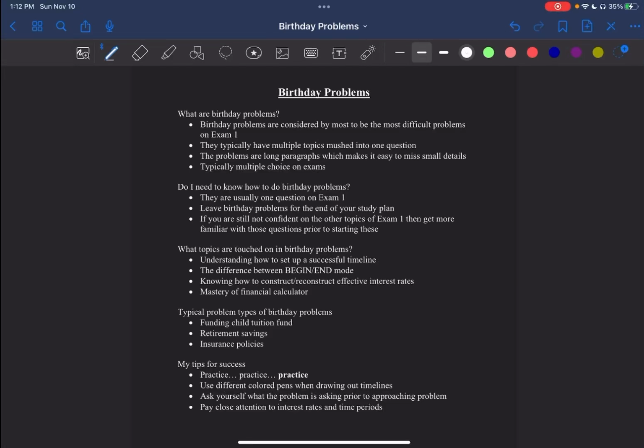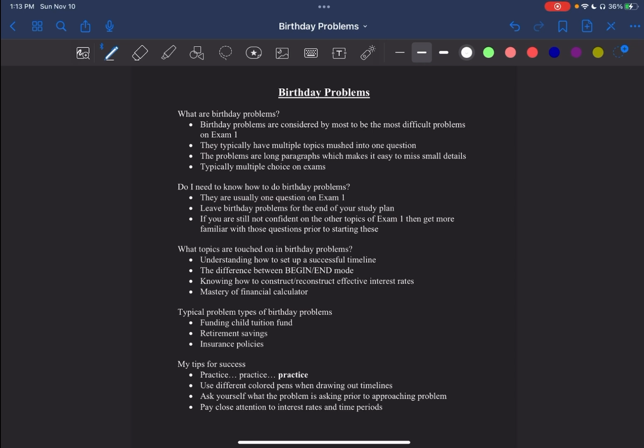Good afternoon, everyone. Today we're going to focus on a unique type of question that you're probably going to see on exam one called birthday problems. Birthday problems are known for being one of the harder questions on the exam, not so much because they're based on new concepts, but because they combine multiple different topics that we learned prior into one lengthy, detailed problem. The problems tend to be lengthy, and that often trips students up as they